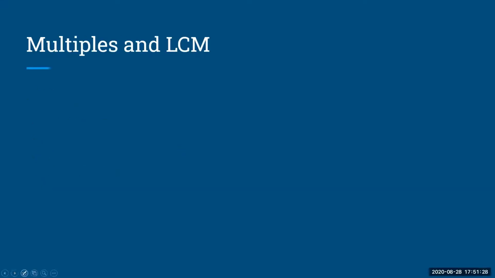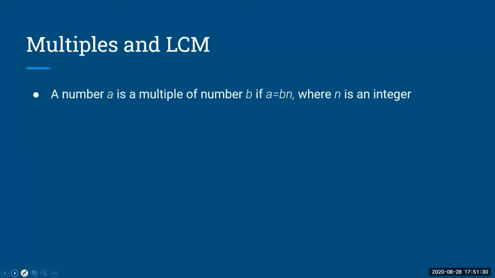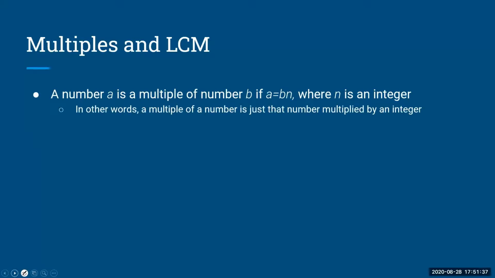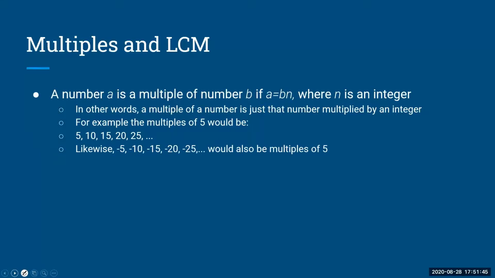All right, multiples and LCM. Number A is a multiple of number B if A equals B times N, where N is an integer. In other words, a multiple of a number is just that number multiplied by an integer. Example: multiples of 5 would be 5, 10, 15, 20, 25, 30, 35, and so on. Likewise, negative numbers are also multiples, but we usually don't